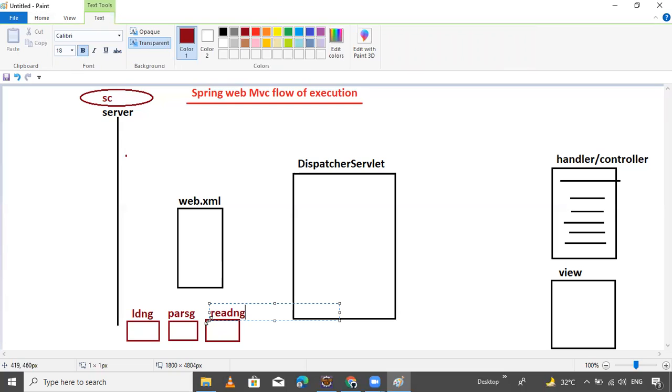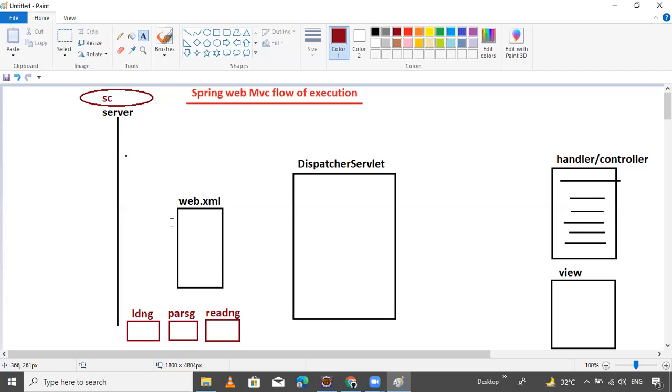That's it. These three things are done on the web.xml file.